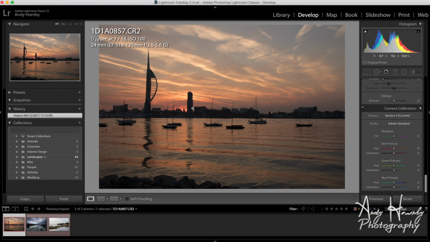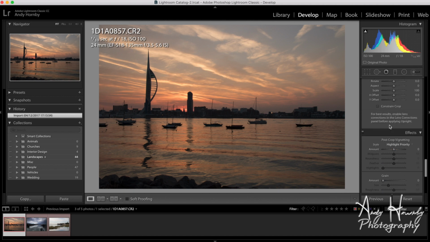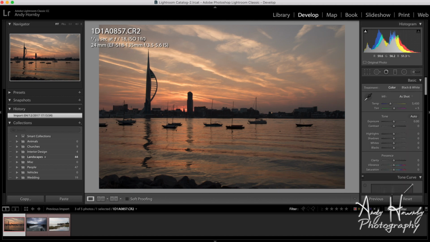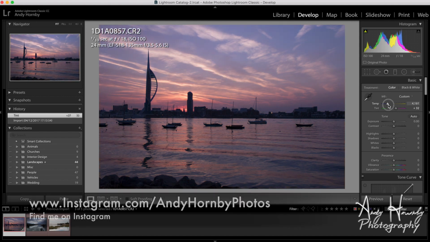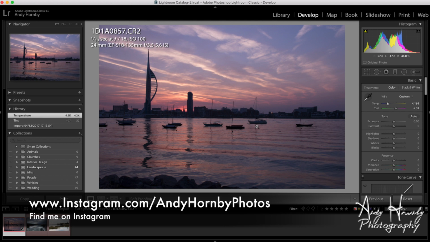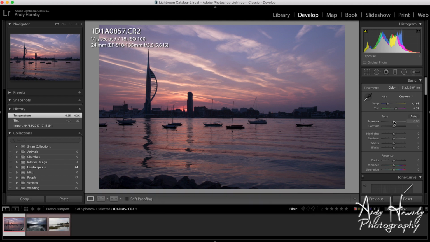So for this image, I'm going to do a few bits and pieces. First of all, we can note that this is actually a RAW file, so we can potentially take this image a lot further than we can with the other one. Again, the sun isn't quite up, so for me it is a dark image. You see we are pretty much silhouetted from there. I'm going to crop these out in a second, but I'm going to just do a few bits and pieces